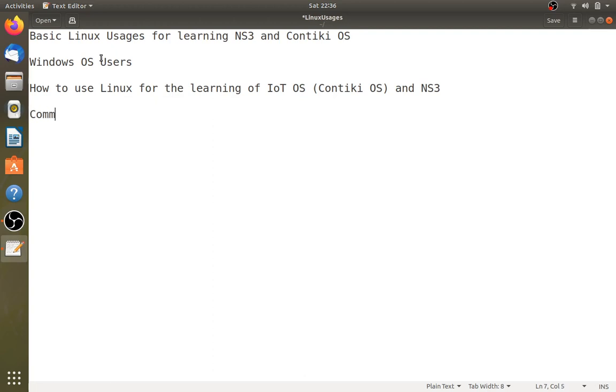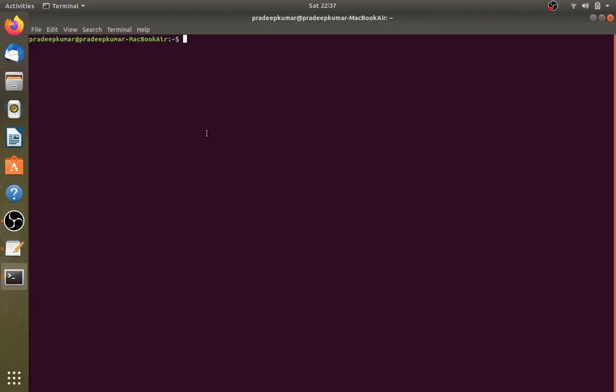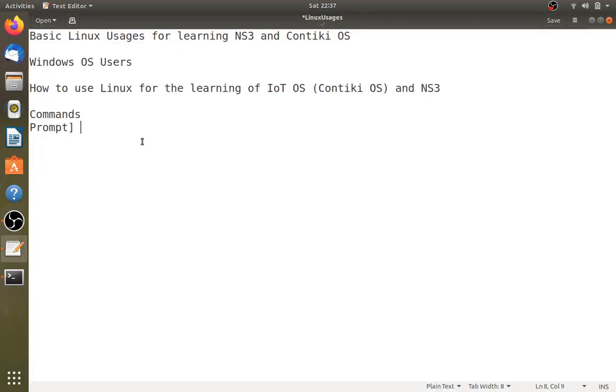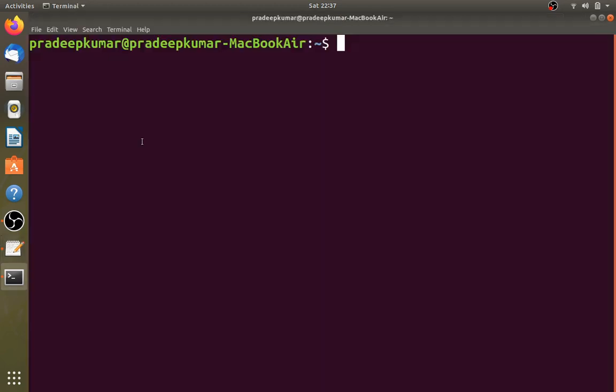So first we have to know commands. Linux works with commands. As you see, Windows and any operating system will work with commands. Usually we have something called a prompt. The prompt can be referred to like this. This is the prompt. You can see a dollar symbol. This entire thing is called the prompt. The prompt is represented by the dollar sign. So this is the first thing, why we need a prompt.